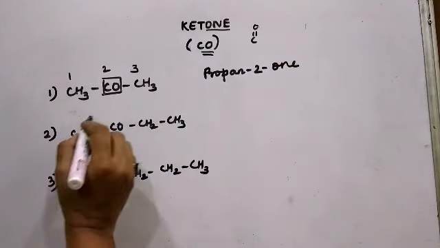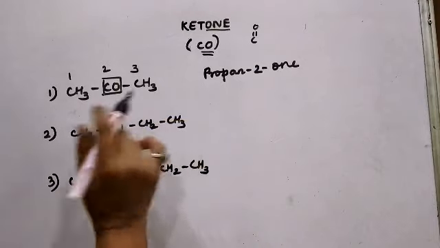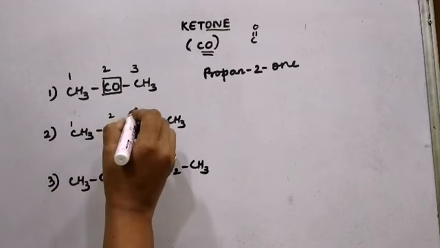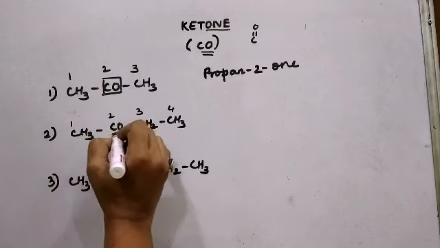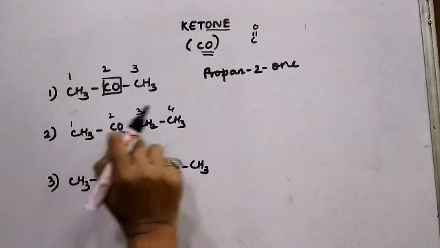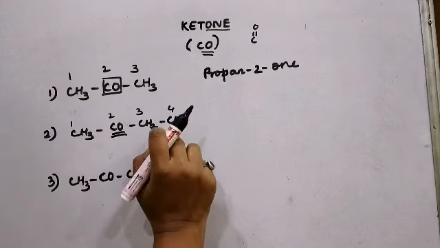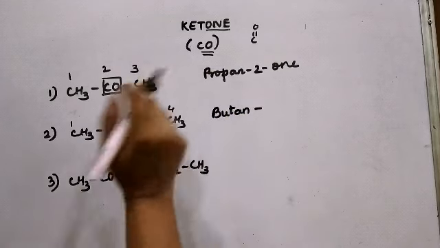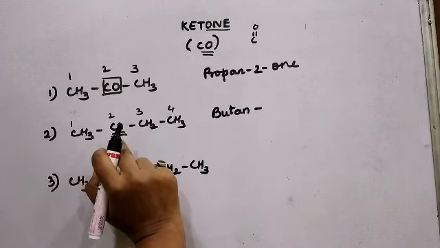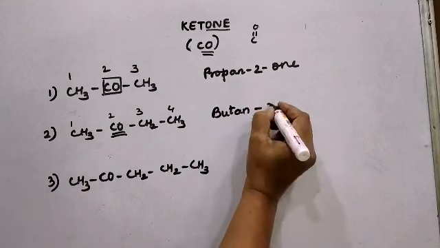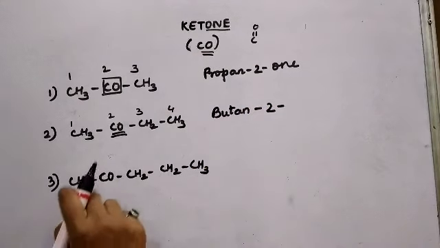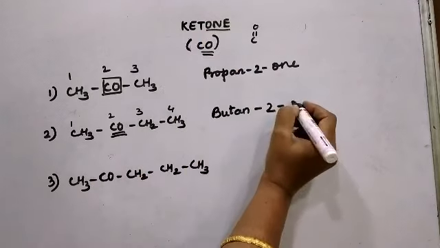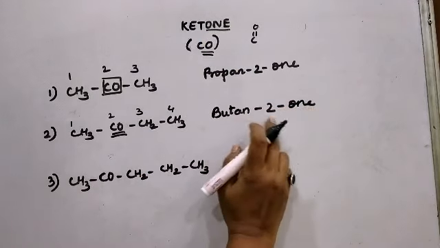Similarly, if I am numbering the carbon atoms for CH3COCH2CH3, I have to assign the lowest number to the functional group because this is the functional group ketone. You find there are 4 carbon atoms in the straight chain. Therefore, our root word will be butan. The functional group is attached on carbon atom number 2. So I write down the position of that functional group, 2, and it's a ketone. Therefore, our suffix will be one. So this is butan-2-one.